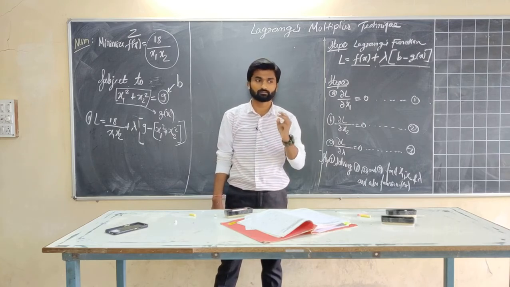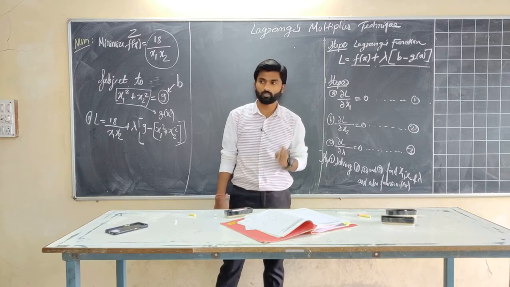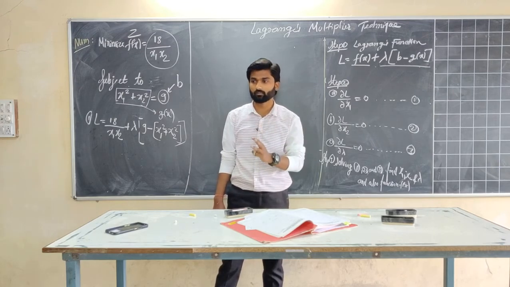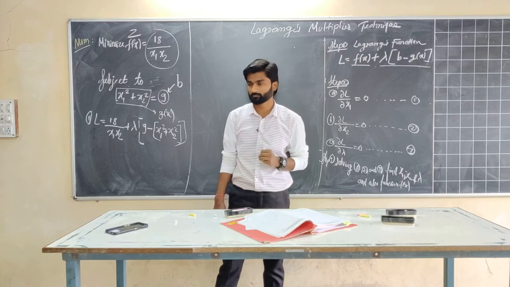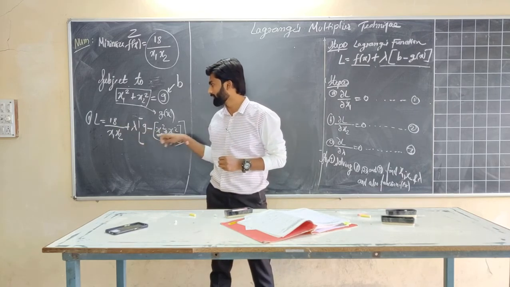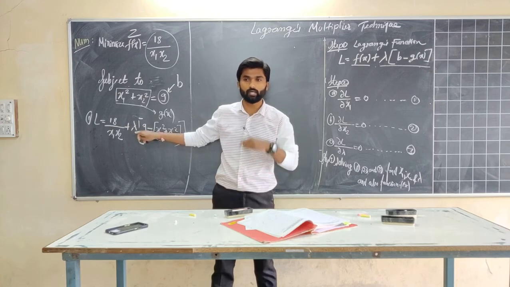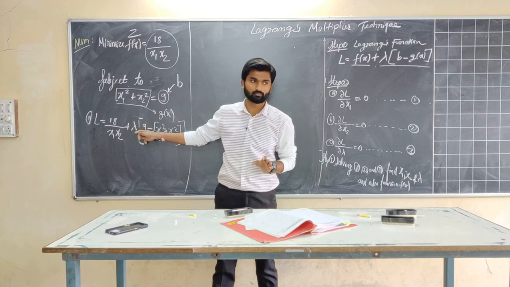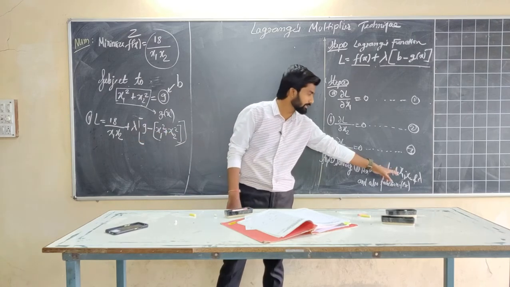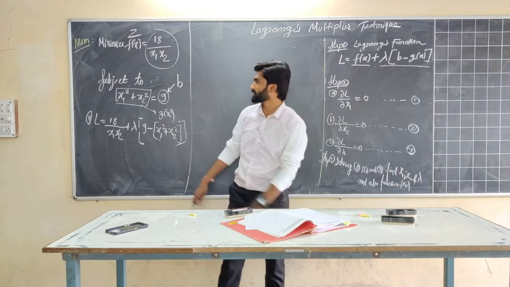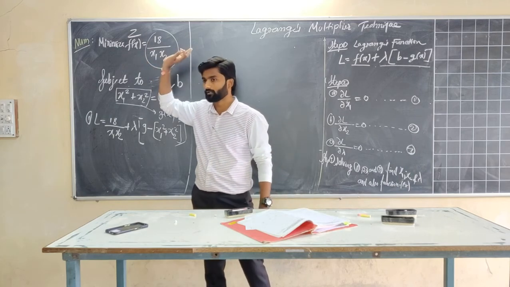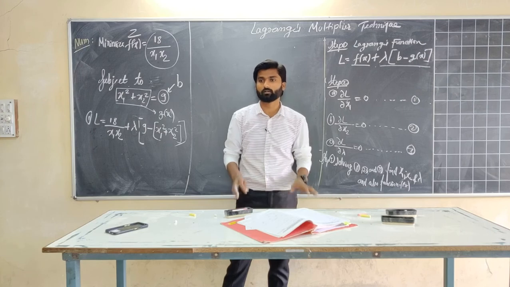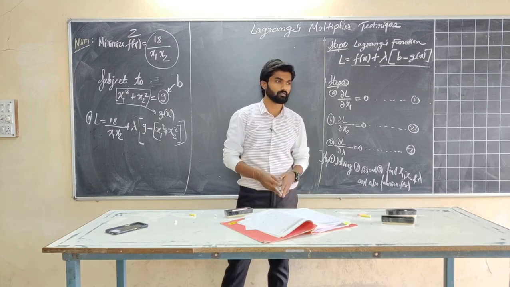Now you are having 3 equations with you all. According to the law of mathematics, if you have 3 equations, you can find out 3 unknowns. What are the 3 unknowns? 3 equations, 3 unknowns. By any way you can solve. Got it? So that is what has been told here. Now once you get this x1, x2, you can put down this x1, x2 here and you'll be getting what? Okay. So that is all about Lagrange's multiplier technique.